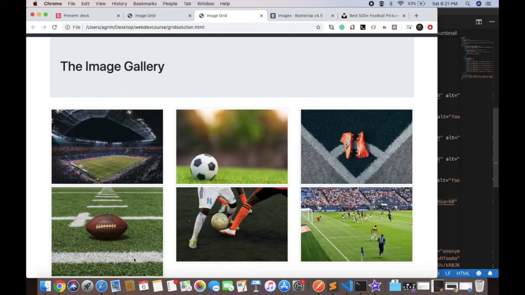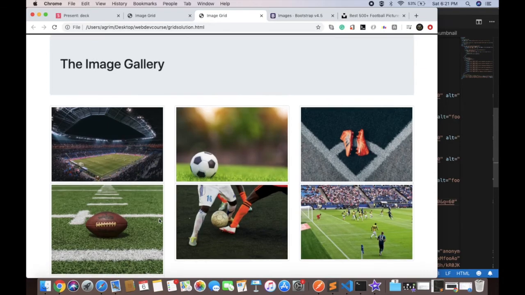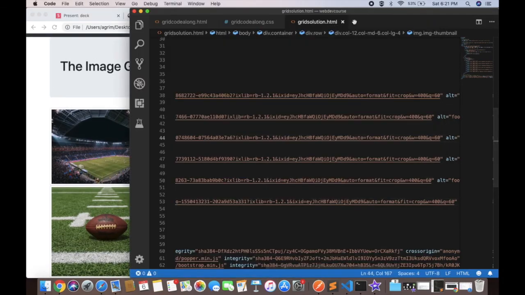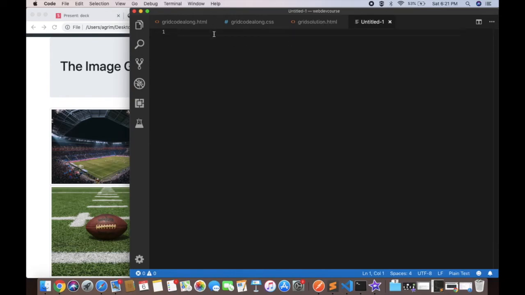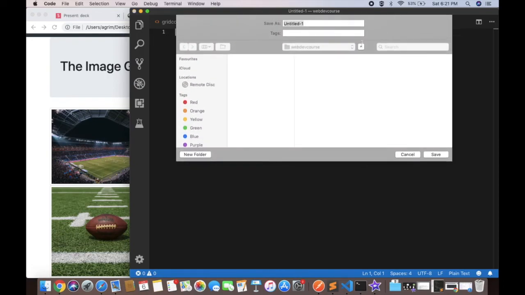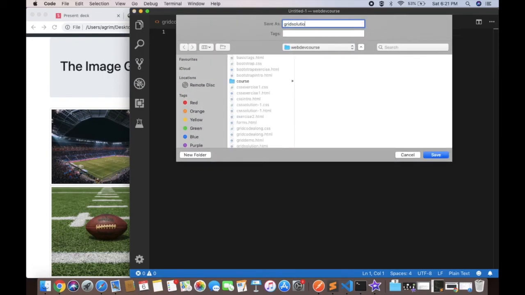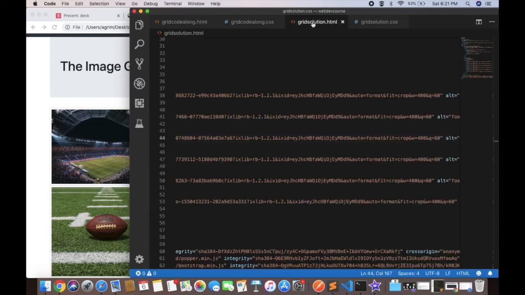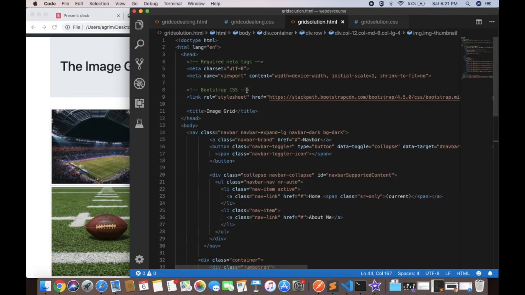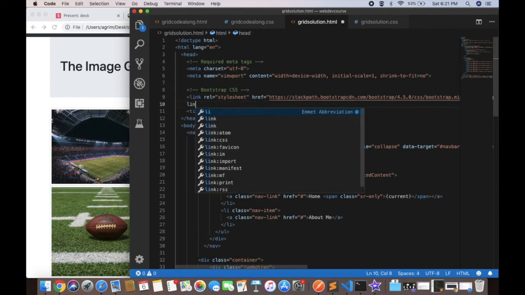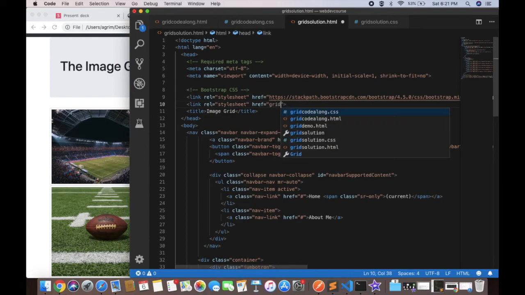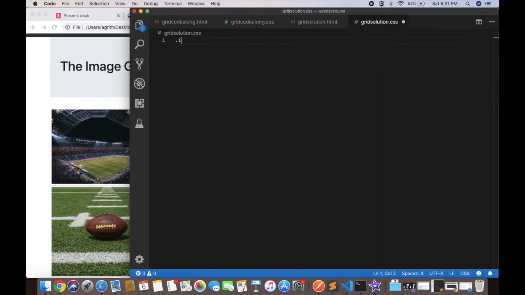Now this one is evidently of more height than the other two in its row, and that does not look good. So what we can do is go into our CSS file. We're going to save this as, let's say, grid solution.css, and I'm going to link to it in here after the bootstrap, remember. So I'm going to do link grid solution.css, and in here I'm going to select the image